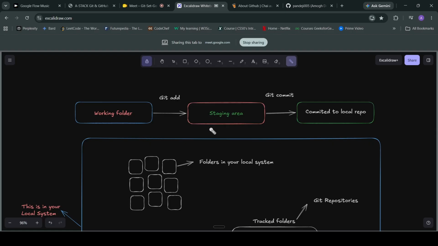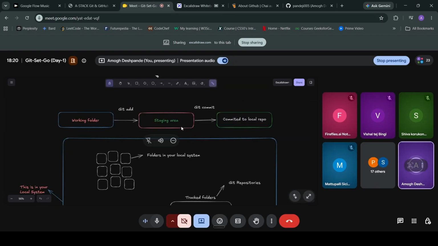I will explain it later. I am just telling you how the workflow of Git goes. After a file is in the staging area, we execute another command called git commit. After that command, the files will be committed to your local repo. Hope this is clear.